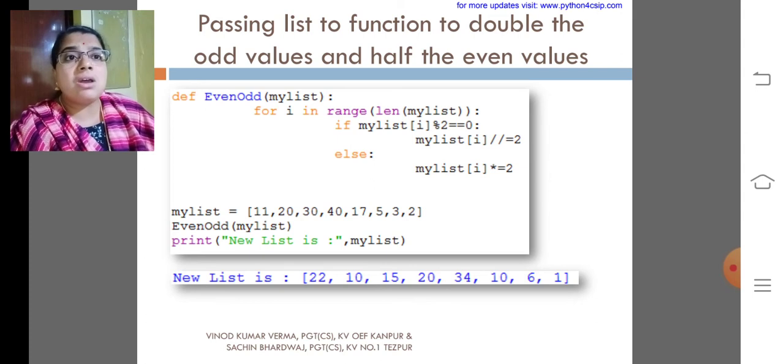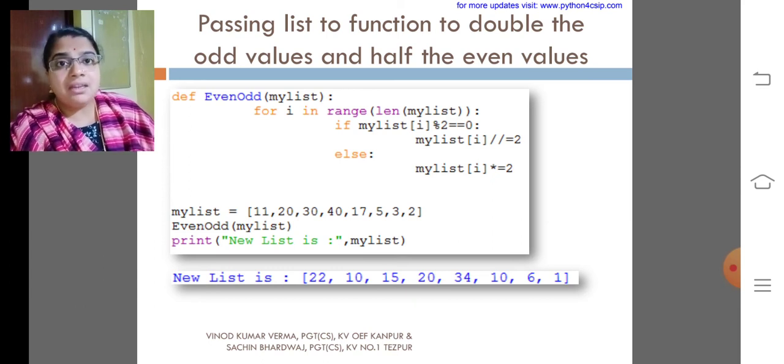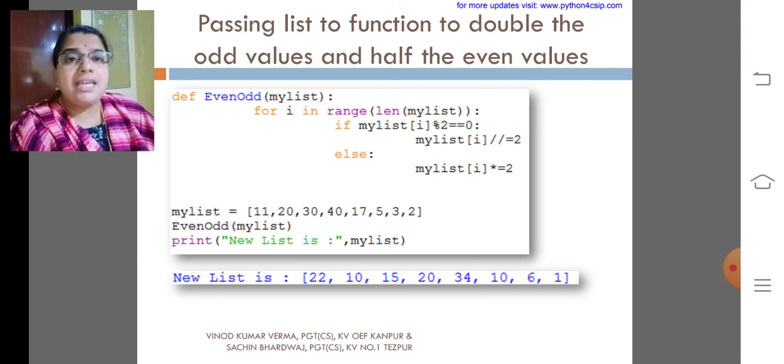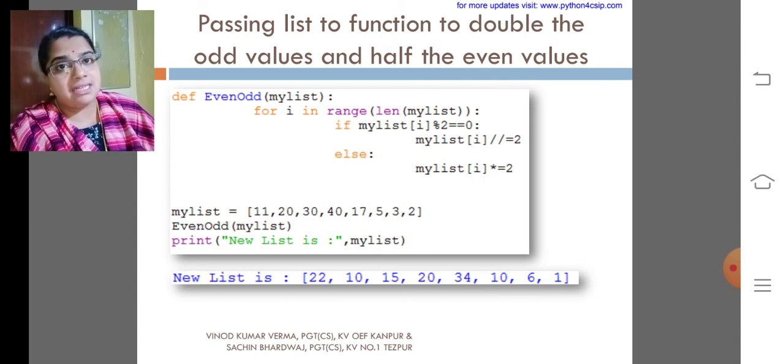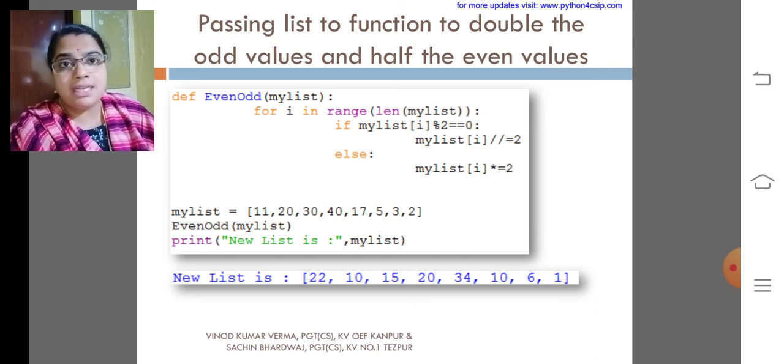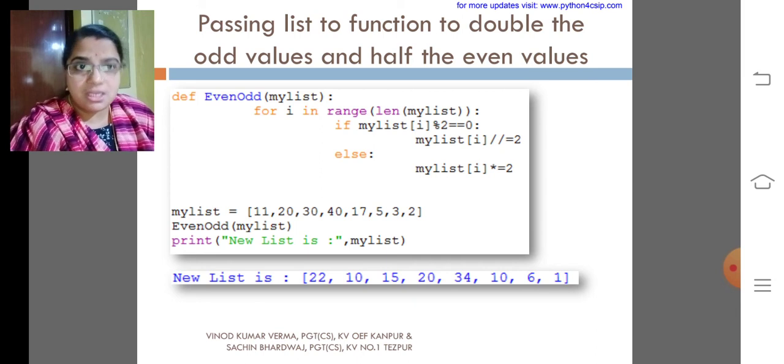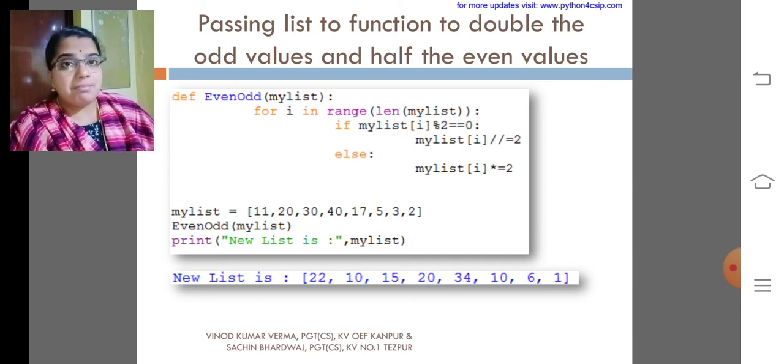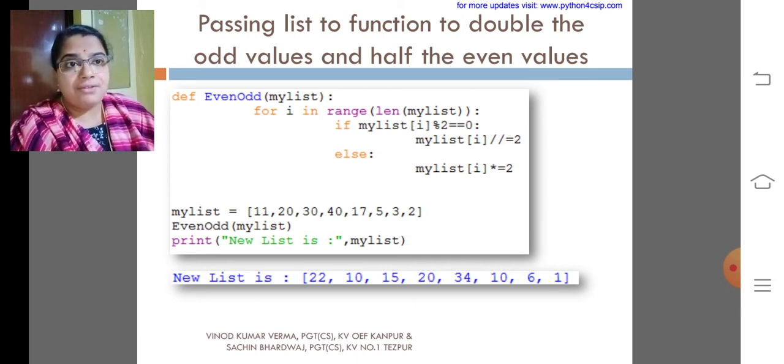If the value is odd, it will be doubled, and if it is even, it will be reduced to its half. So the only change here is that I have included if and else, and we are checking whether the given element is odd or even by using the remainder operator: remainder of 2 equal to 0, then it is an even number, so it has to be halved.